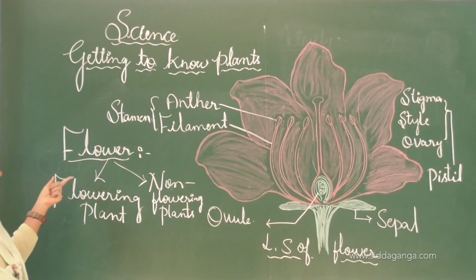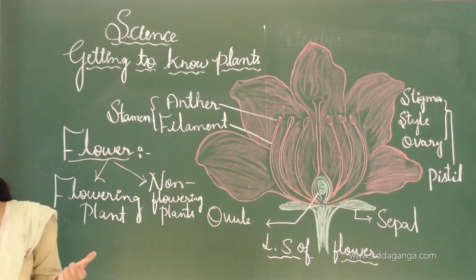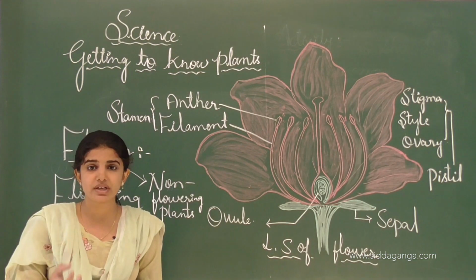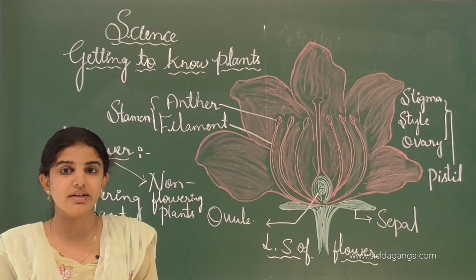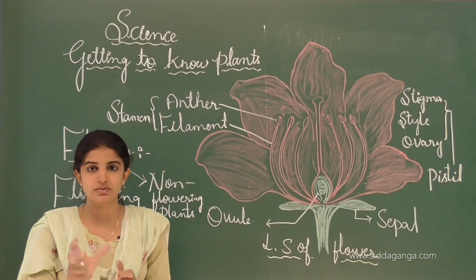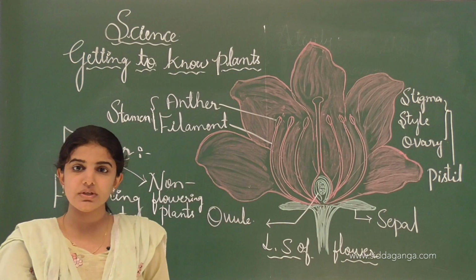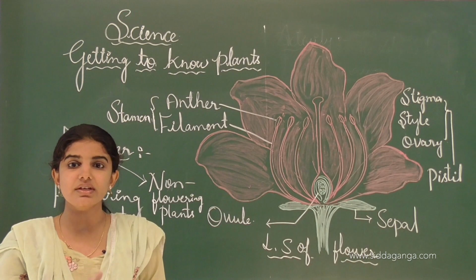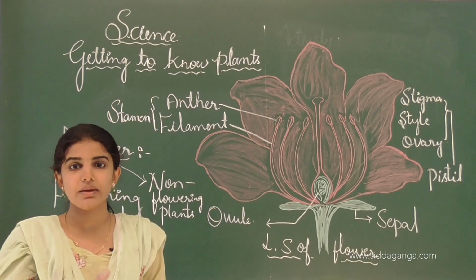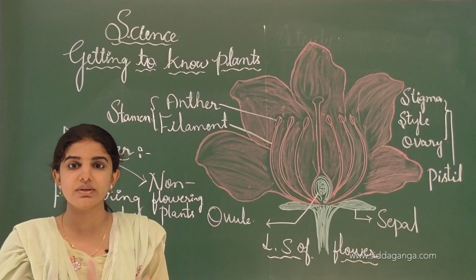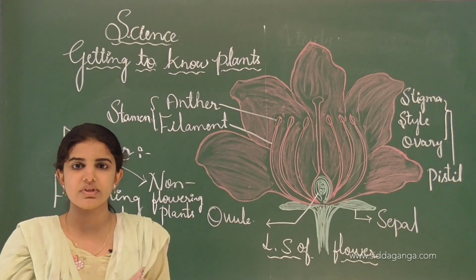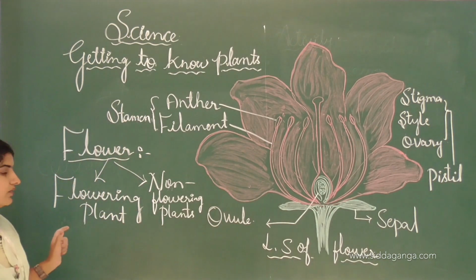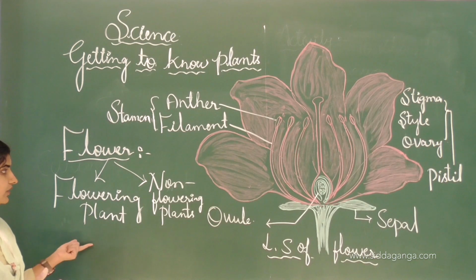As we have studied about plants, it is very easy to identify a plant by looking at its flower, so that we can say which plant a particular plant is. For example, if we look at a rose in the plant, we can say that it is a rose plant. Like that, if we look at a hibiscus flower in the plant, we can easily say that it is a hibiscus plant. By looking at the flower, we can easily identify which plant it is.